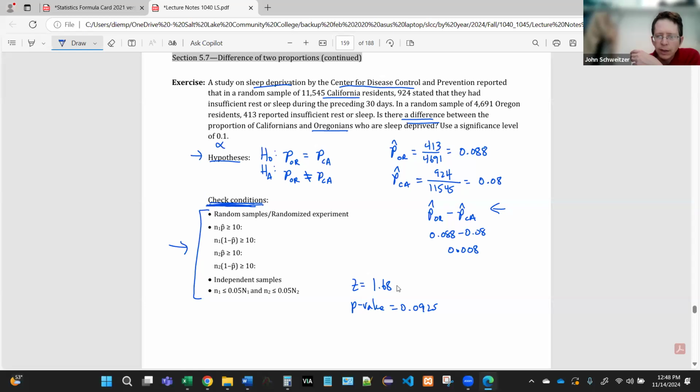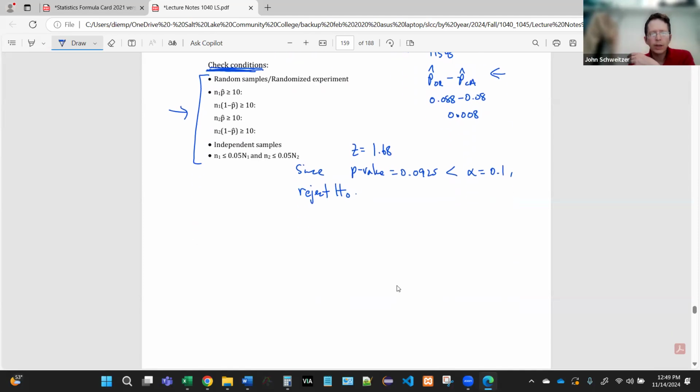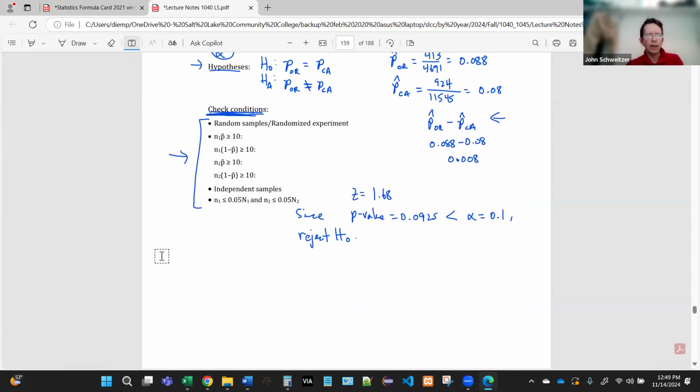Okay, so what do we do with that p-value? We compare it to alpha, right? So alpha here is actually a larger significance level, 0.1. The p-value is less than alpha. So since the p-value is less than alpha, we reject the null. Okay, so how would we say that? We would say there is sufficient evidence to support the claim that there is a difference